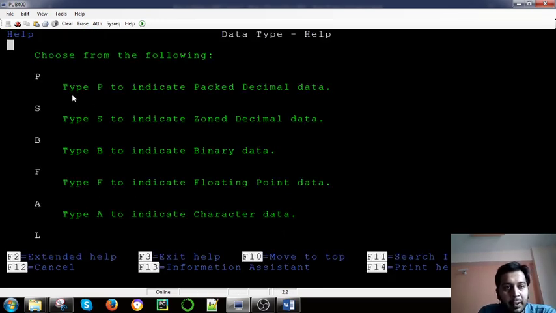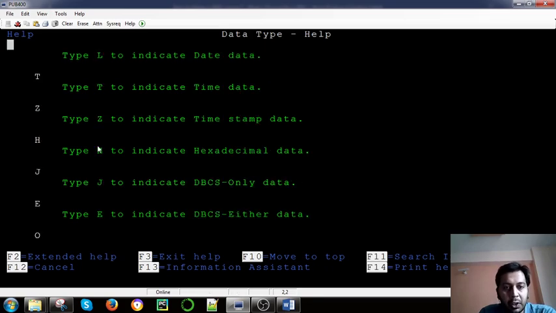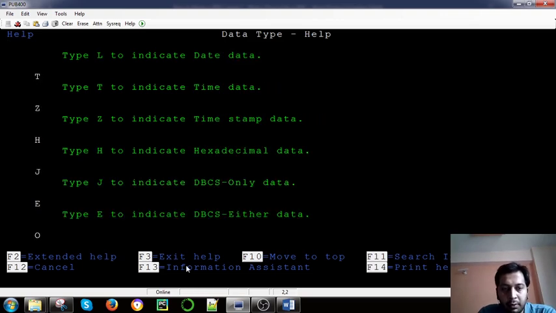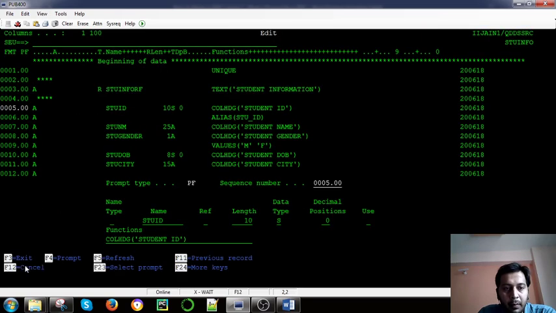You can see different function F1 you can use, and you can see what different types there are. What should be the type of the variable that you want to declare, you must know this. For every option you can use the right of option position, the decimal position, this is 0, as the student ID cannot be a decimal. For example, if you want to put an amount, the amount can have 2 decimal positions, or money, so that can be in 25 paisa. So we can use the decimal position at that field.